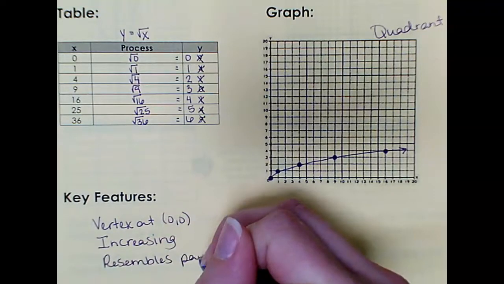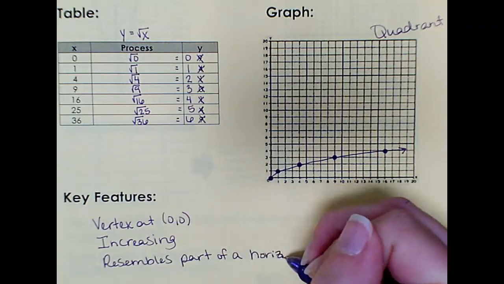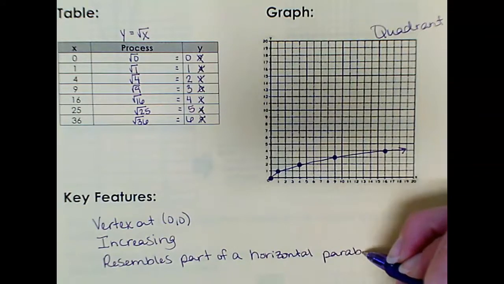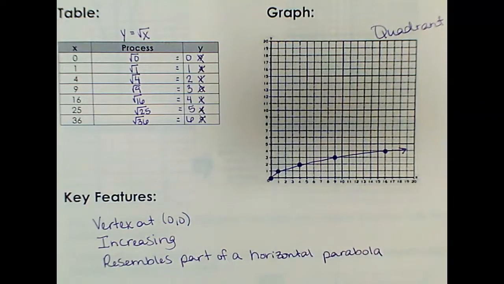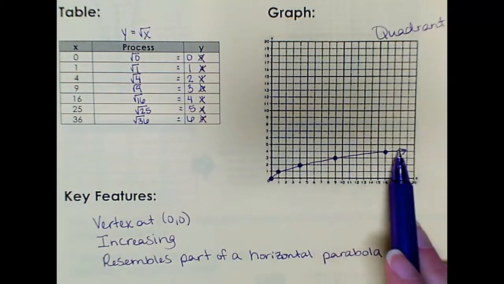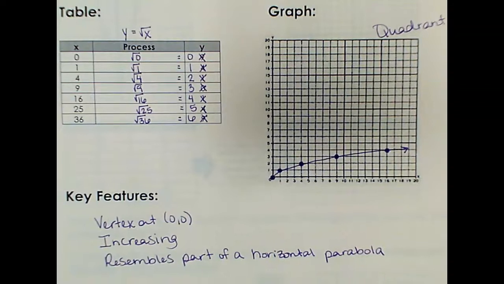It resembles part of a horizontal parabola. If I were to extend this down here and then go back to the right, it would be a horizontal parabola. So I'd like for you to keep this in mind whenever we move to our second page of the notes today,